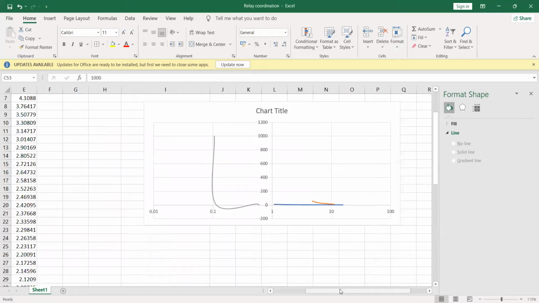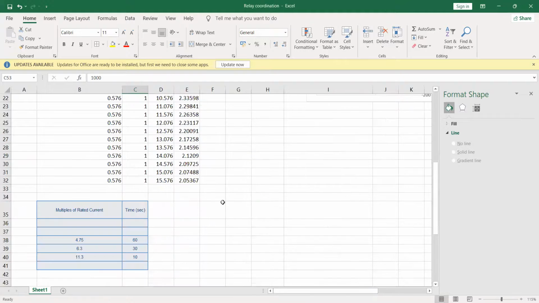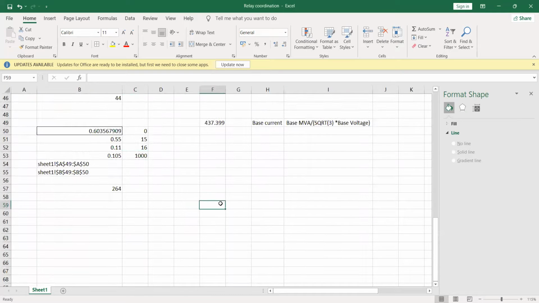Okay, I got something here. Let's say the motor starting 0.6 times, 4 0 second. Instead of 0, I will make this as 1.